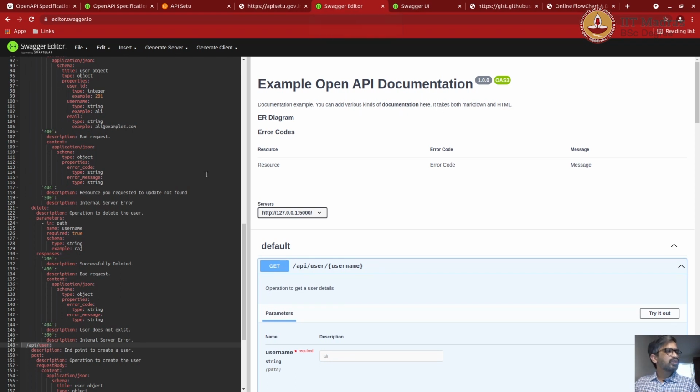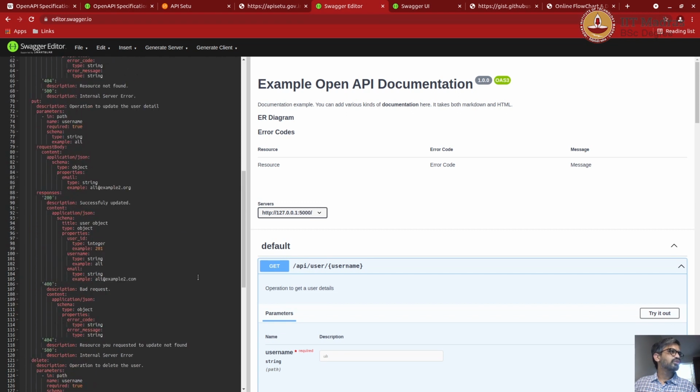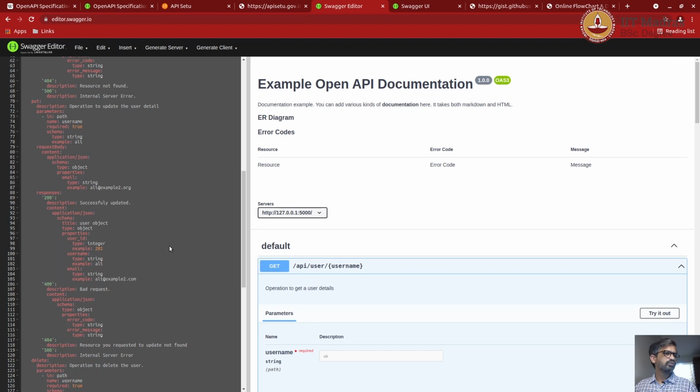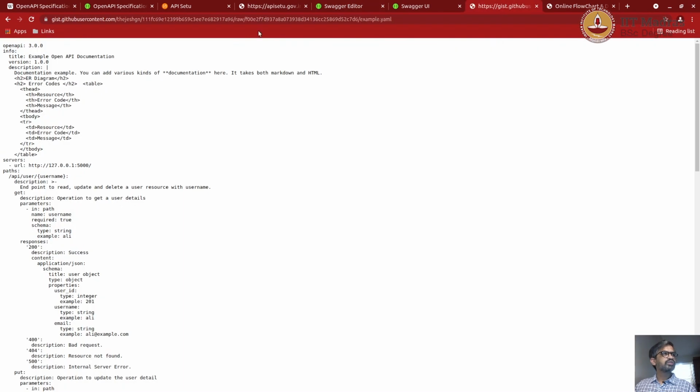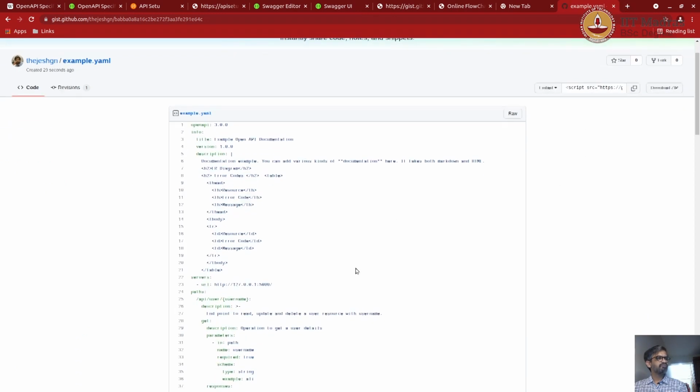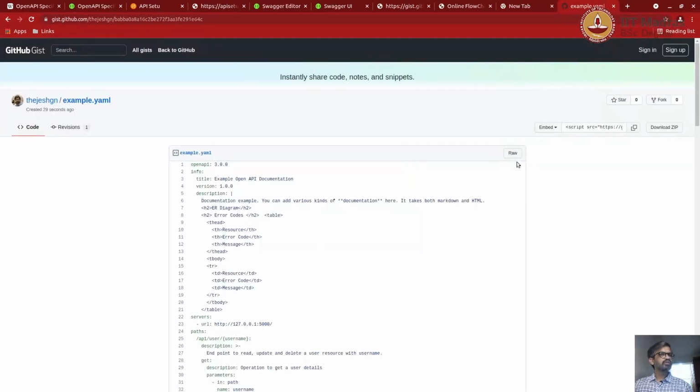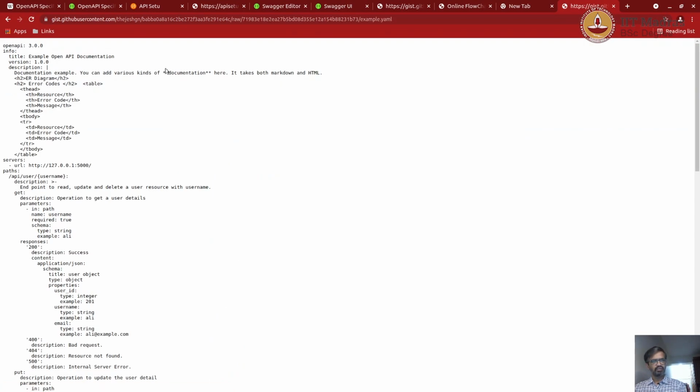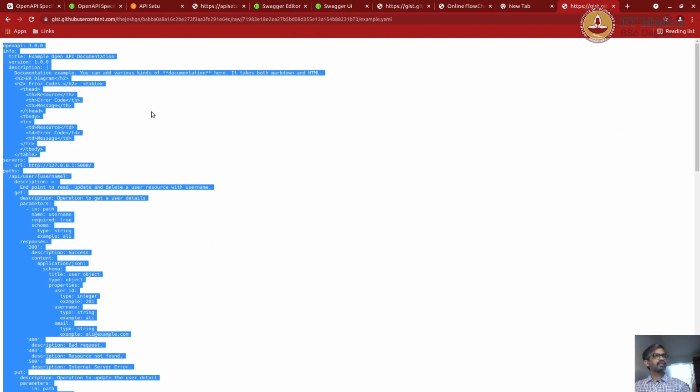Now, you can also share this YAML with anyone. You can just download the file and share it with someone. Or, if it's not a secretive or private API, you can just add it to GitHub or go to Gist, add it, and share the URL. For example, here, it's a simple YAML file. If you want to view it, you can just click on the raw here and copy the raw data and